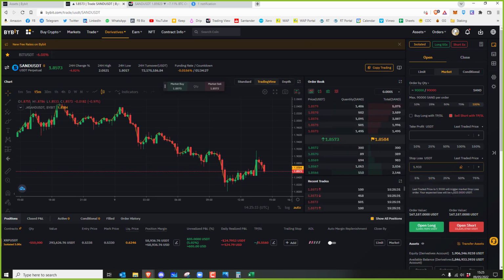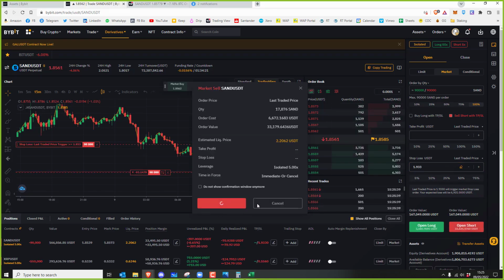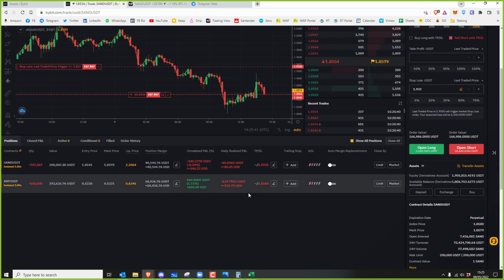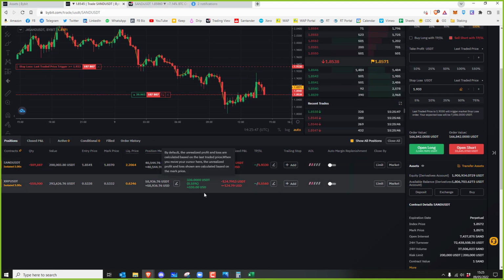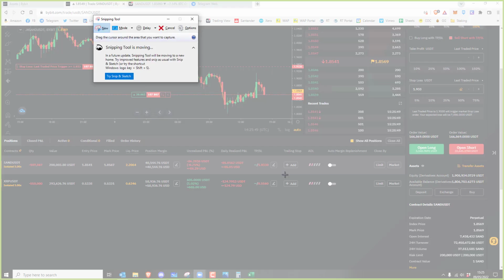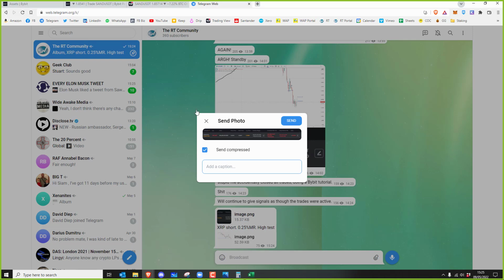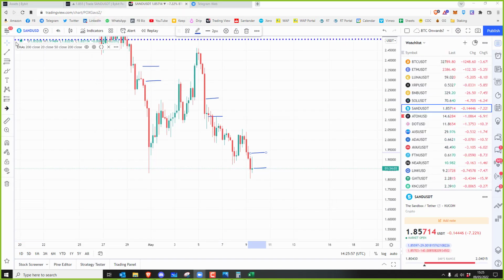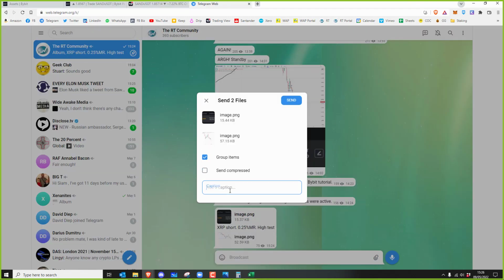Losing 6. Yeah, I'll just place two trades. So short, and then short. See, this is what I mean. Like that second trade, I still got the same stop loss. So yeah, right. Let's text that bad boy out. Texting that, and then take a screenshot of this one. 0.25% max risk, high test.